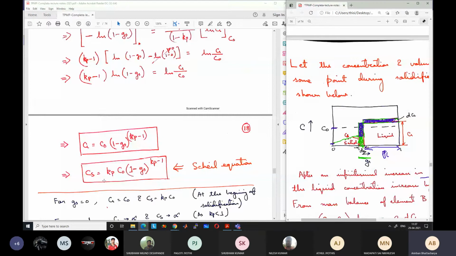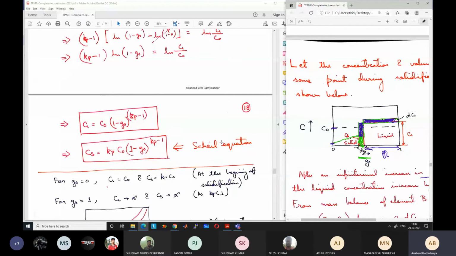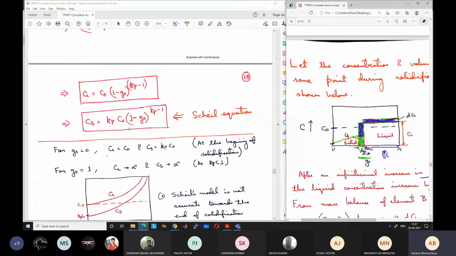Okay. So this equation is different from the Lever rule. There also we could find the volume fraction using a very simple equation. Here the equation is much more complicated, but this is more valid. This is valid when the solidification does not have enough time for diffusion in the solid to occur. Okay. We will put some values and see the differences through a problem today. So let us first see what happens when Gs is equal to 0. When Gs is 0 means there is no solid. We are at this point.